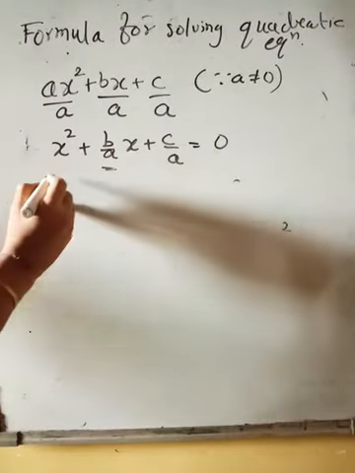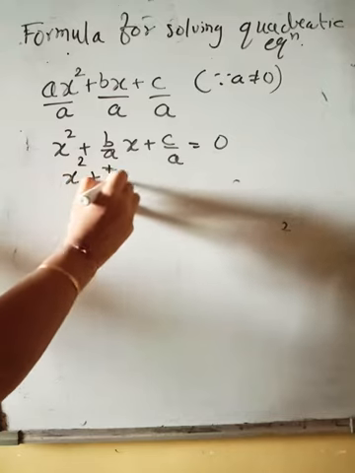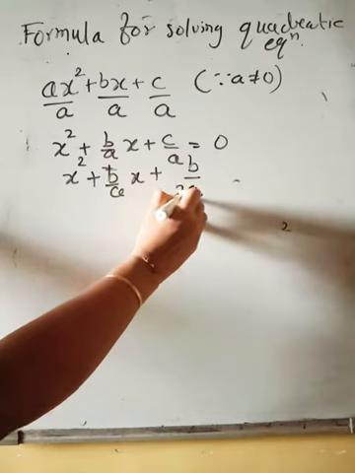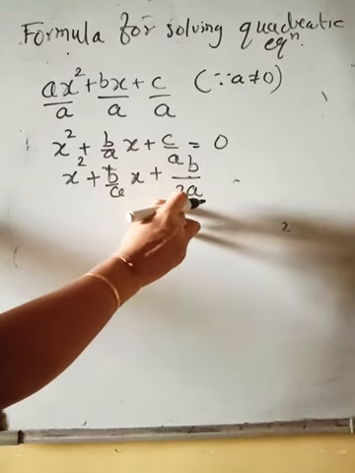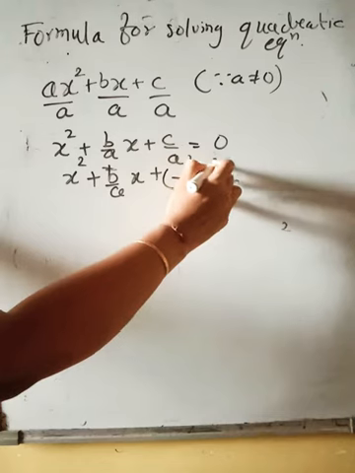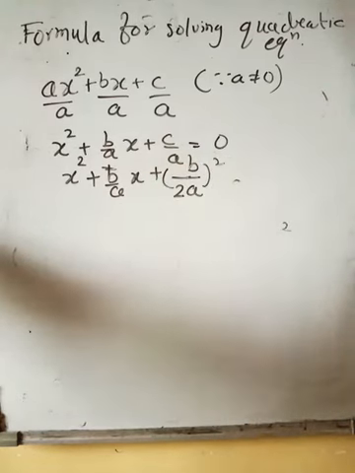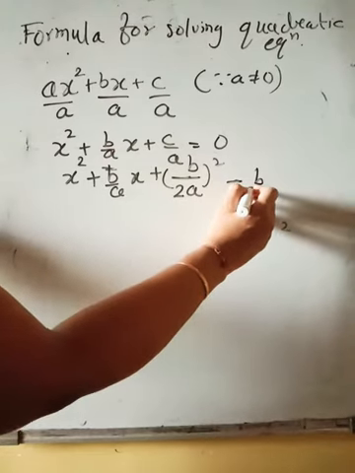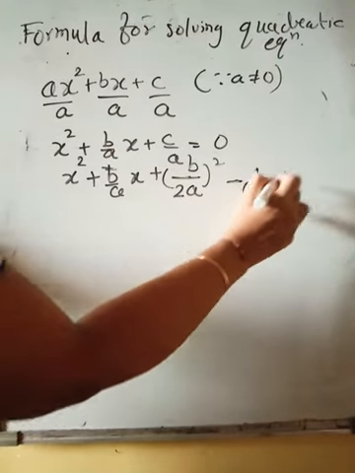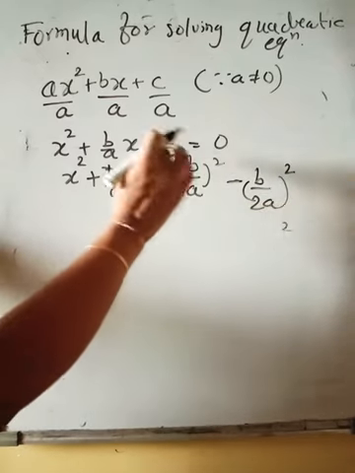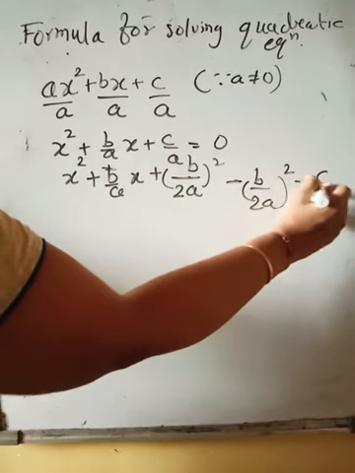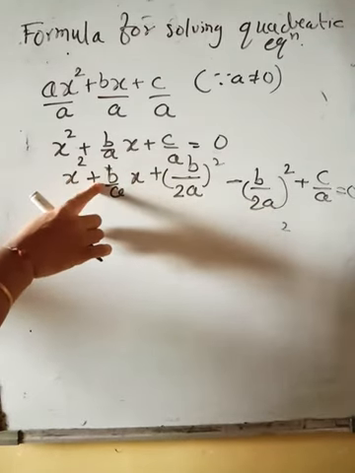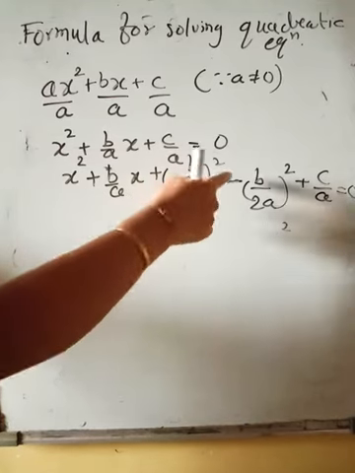Observe this. x square plus b upon a x plus b upon a divided by 2, that is b upon 2a the whole square. Now children, this particular term I am adding, so I need to subtract it also, otherwise I am changing the value, which is not allowed. So b upon 2a the whole square I am adding and subtracting. Of course ये जो last term है वो c upon a है, वो तो ऐसा ही है. What I did, जो middle term है उसको 2 से divide करके उसका square किया.